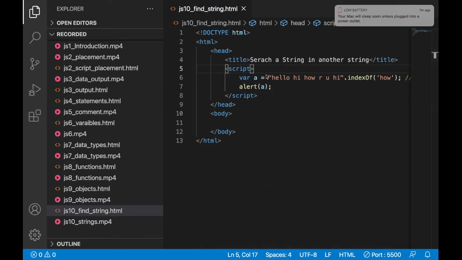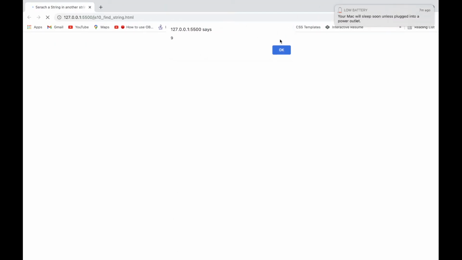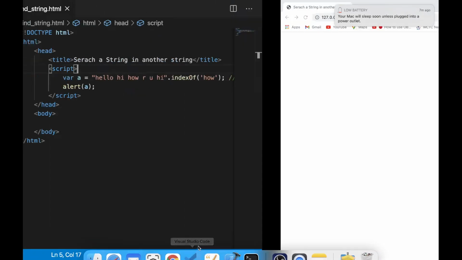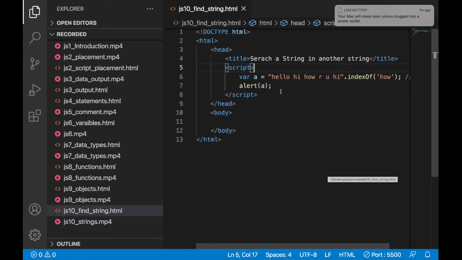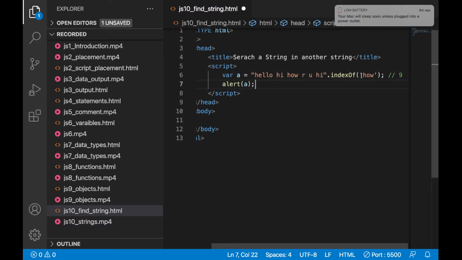Whatever output comes, I am just putting in the alert. See, 9 is coming. Sorry, I just wrote 10 earlier; 9 only. So the word how is present at the 9th position.